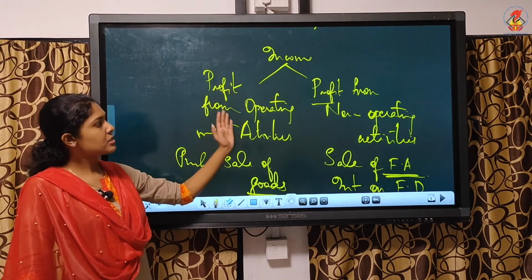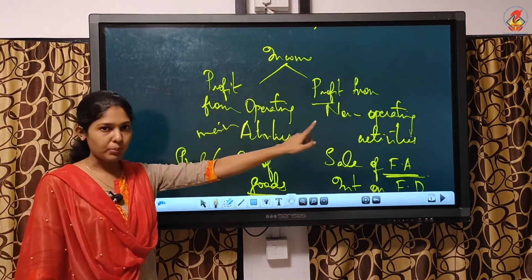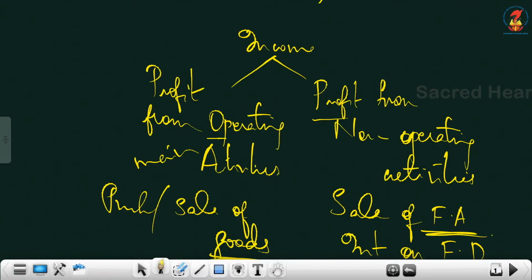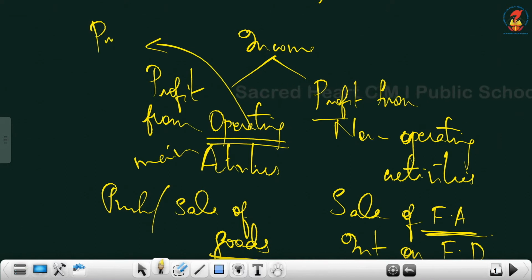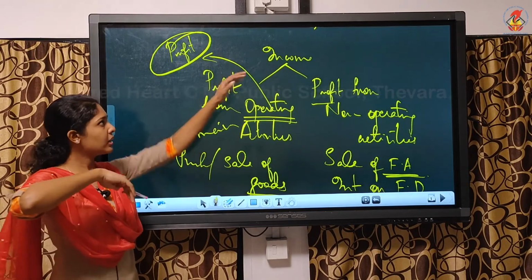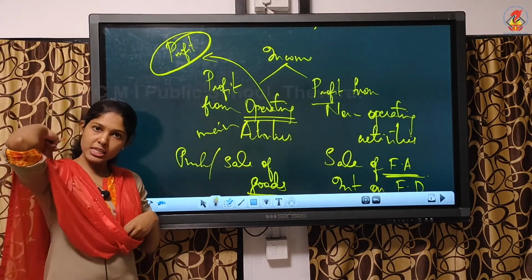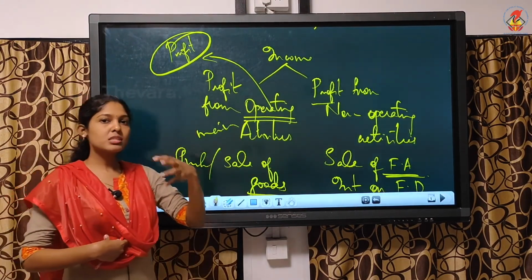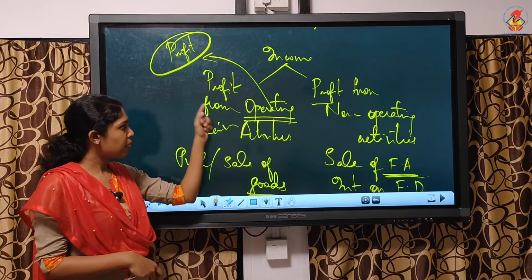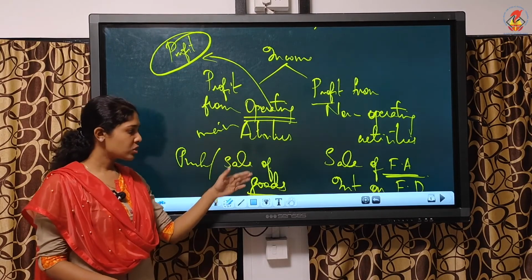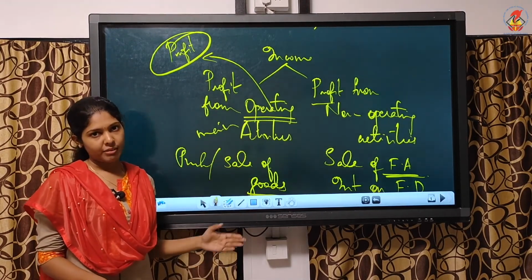Yes, so income includes profit from operating and non-operating. So, it's a broader term. Now, profit means what you get only from operating. Though you say income and profit are the same, and I already wrote that income can also be termed as profit because it includes profit from both activities, specifically when they ask you what is profit, profit is the amount you get only from operating activity. And what is your operating activity? The purchase or sale of goods.